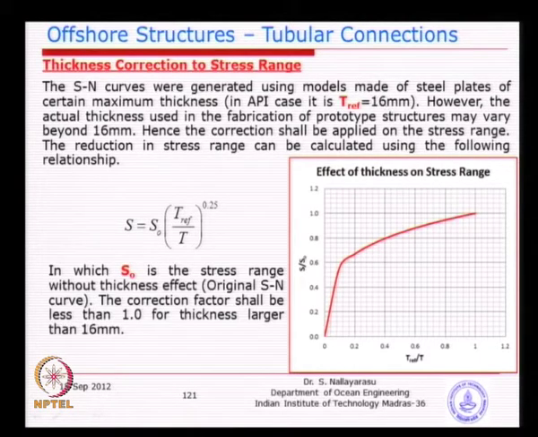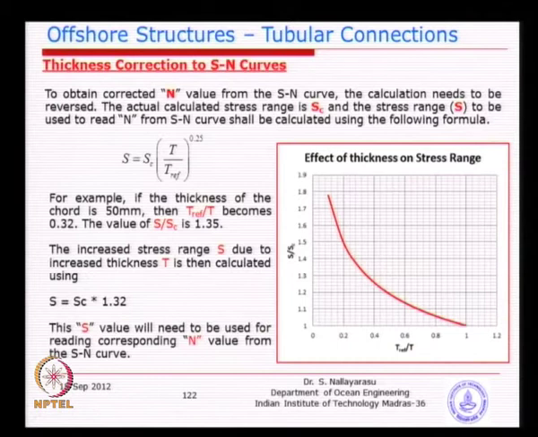So, basically you need to make sure, as long as the ratio is 1, the values of multiplication will come lower, but what you are actually going to use is this one. That is why, if you go to the next graph, I have plotted it in reverse, because you will be using this S in your reading of the SN curve, not the other way. This is the calculated stress from your actual analysis and this is the stress range you are looking at, so basically T by T ref. As long as the ratio is 1, the multiplication factor is 1.